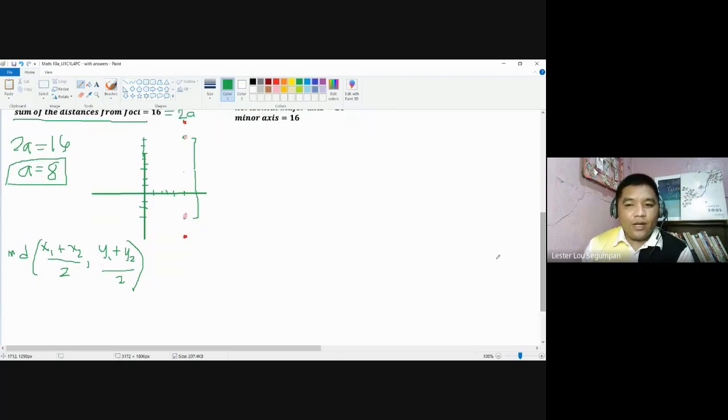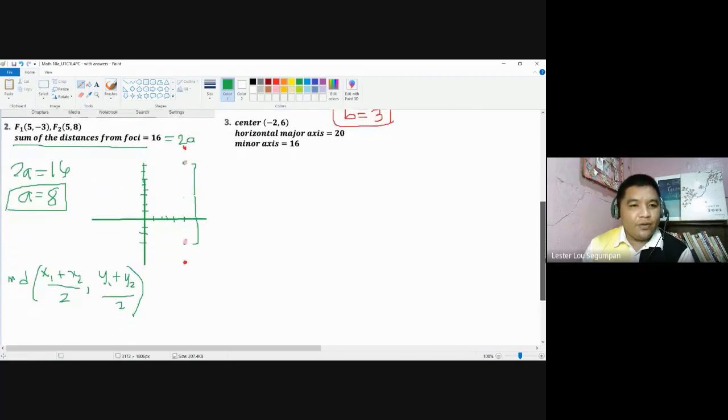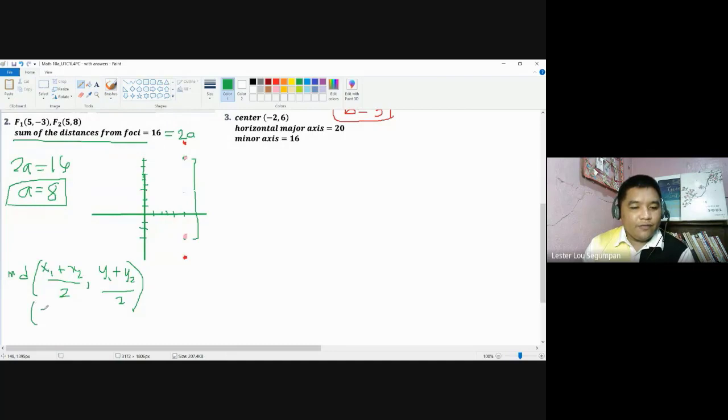So x sub 1 for your foci: you have 5 plus 5, all over 2. And then y sub 1 is negative 3